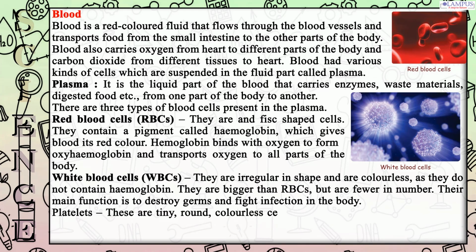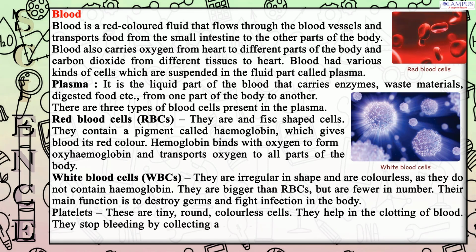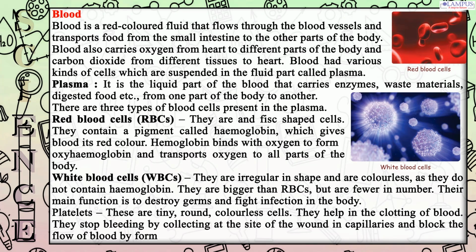Platelets. These are tiny, round, colorless cells. They help in the clotting of blood. They stop bleeding by collecting at the site of the wound in capillaries and block the flow of blood by